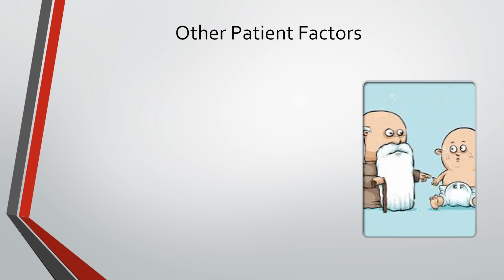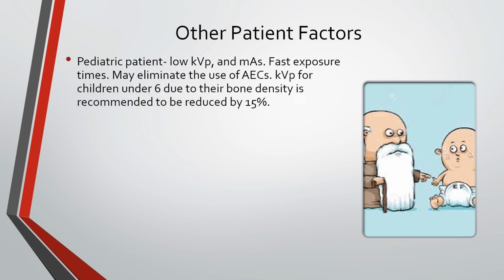Other patient factors include the pediatric patient. We want to use a low kVp and mAs. Fast exposure times may eliminate the use of AECs, so we may not want to use AECs. We probably want to use a fixed technique more often. kVp for children under 6, due to their bone density, is recommended to be reduced by 15% of what you might use for an adult, or maybe what you would use for more of